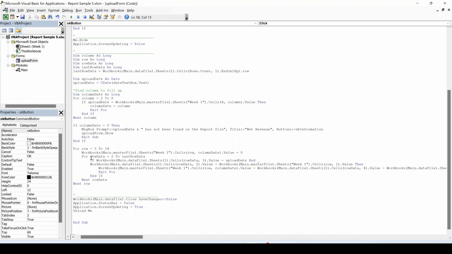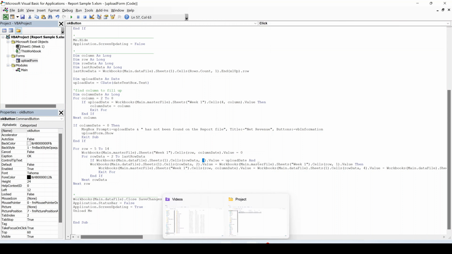So we will be looping through each row in our data file, starting from row 2, because in row 1 we have our header, until the last row in our data file. Remember, we captured that value in this line. Okay, and then we will be comparing the value that we have in our data file in